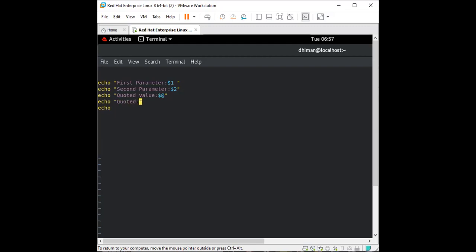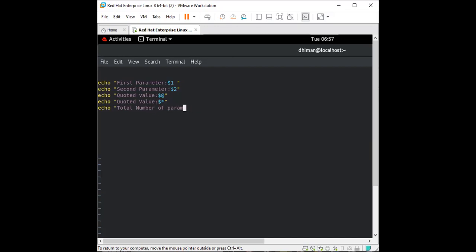Then the quoted value. It has some meaning. Star has some meaning, at the rate has some meaning, right? So you will find the purpose of doing this. Just hold on, stay focused.